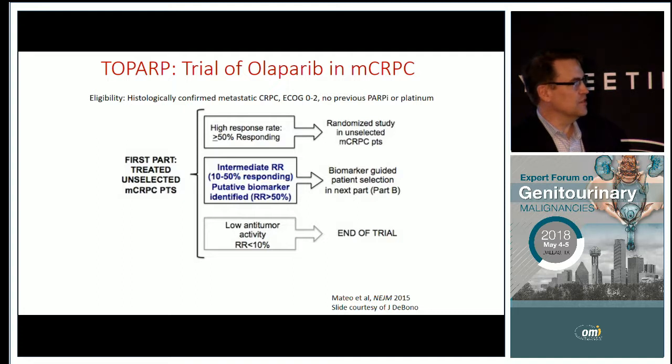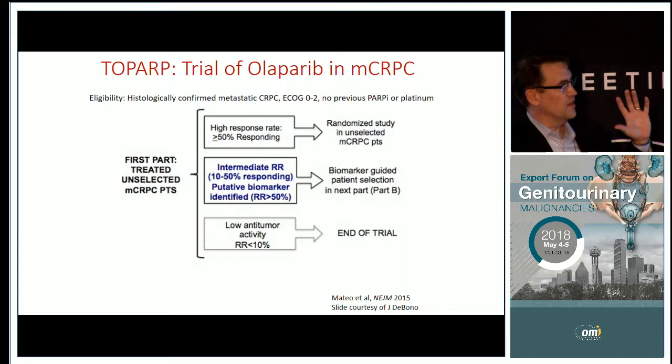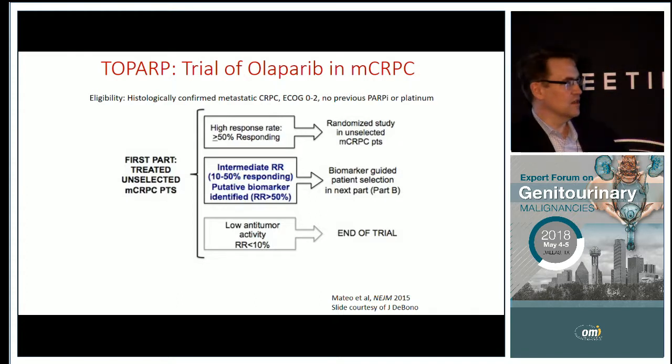This was a study in which they took unselected CRPC patients and just really wanted to look at response to olaparib, and they also had sort of this process by which, if patients had a high response rate, they would do a randomized study in unselected patients. That was the way they designed their phase 2. But if they had an intermediate response rate, they would look at selected patients and consider making this a biomarker selected drug. And that's really what emerged, was that they didn't have a high response rate, but they did when